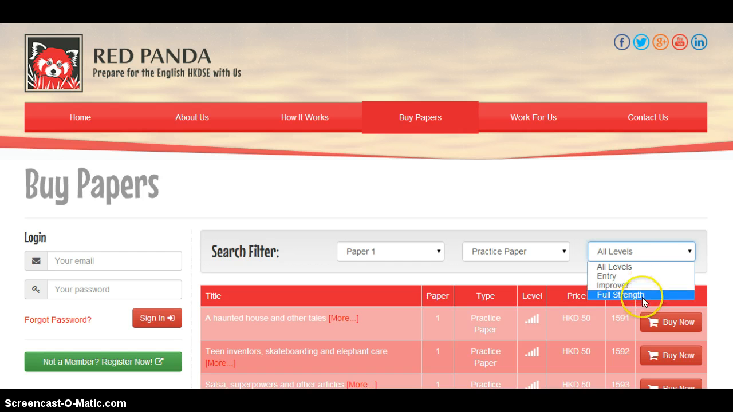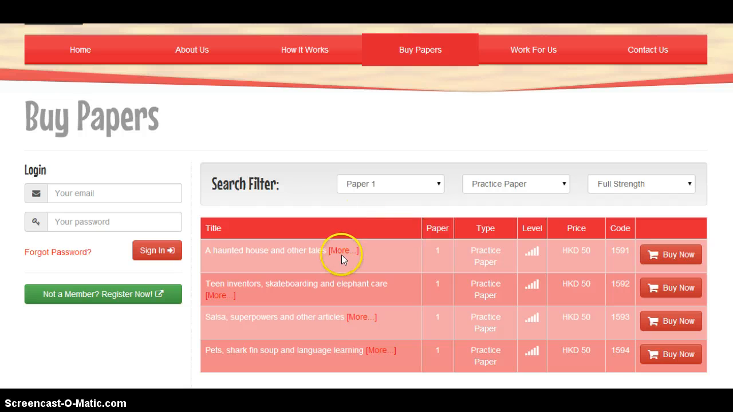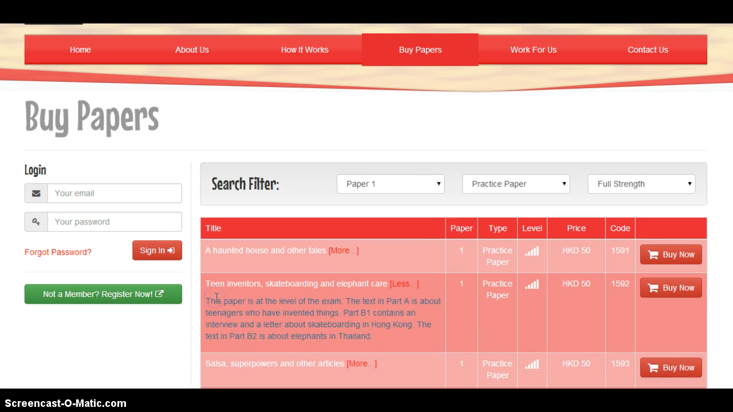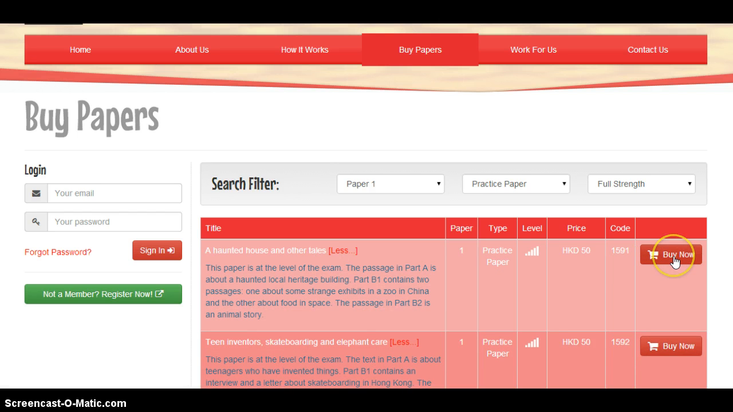There's 3 levels here. Full strength is at the level of the exam, and then we have entry and improver levels, which are for you if you think you still need help getting up to the level of the exam. So let's choose full strength, and you'll see that you have this choice of papers to choose from. You can get more information about each of the papers by clicking on more, but let's say you wanted to buy this paper,